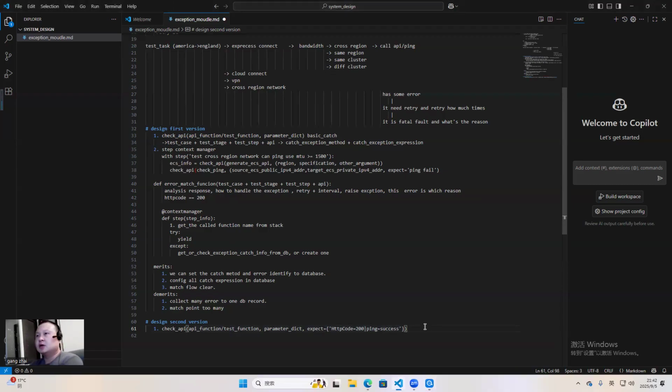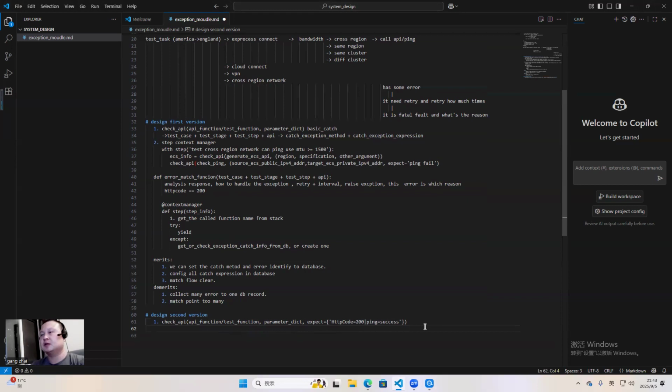In some pieces we should gain more specific checks, such as we also want to expect it can pin success, and we also want